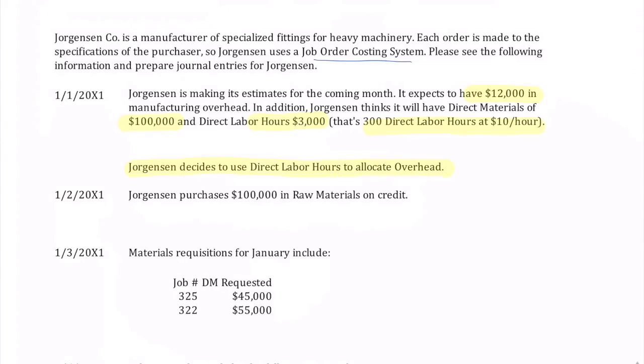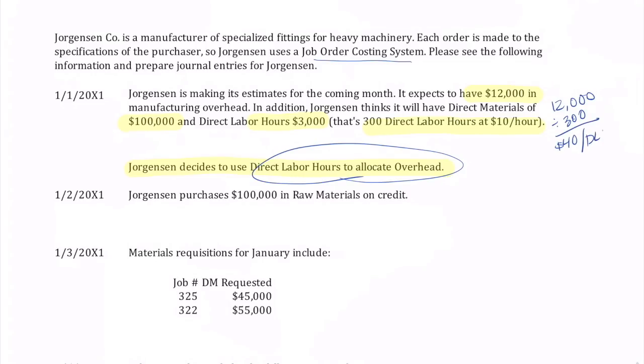So the first thing we need to do, early on in the month, is figure out the rate. How are we going to apply overhead? We take our estimated overhead, and we divide it by something they've decided on, direct labor hours. So we divide it by the estimated direct labor hours, and we get a rate of $40 per direct labor hour. Okay? All right, then the next thing that happens,